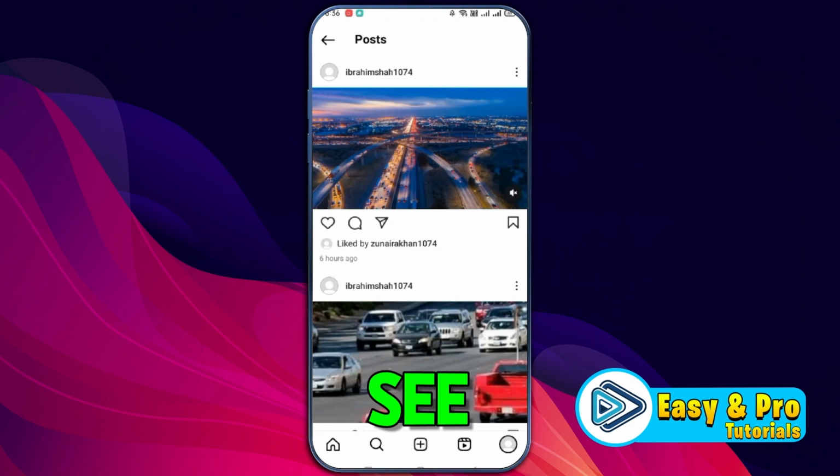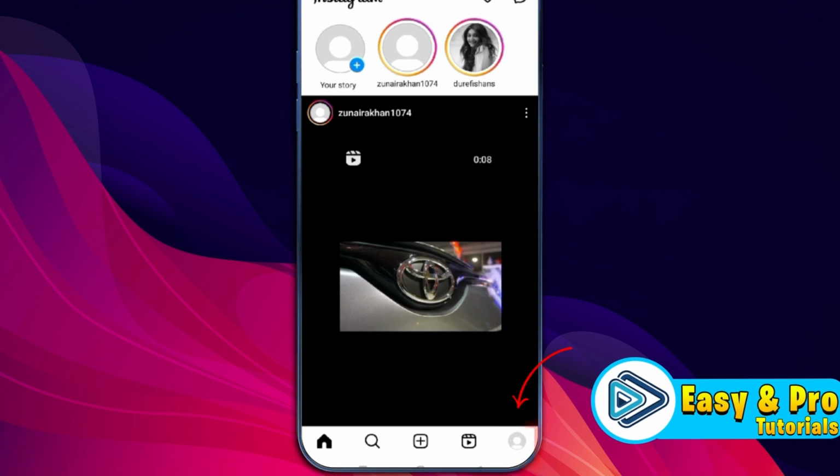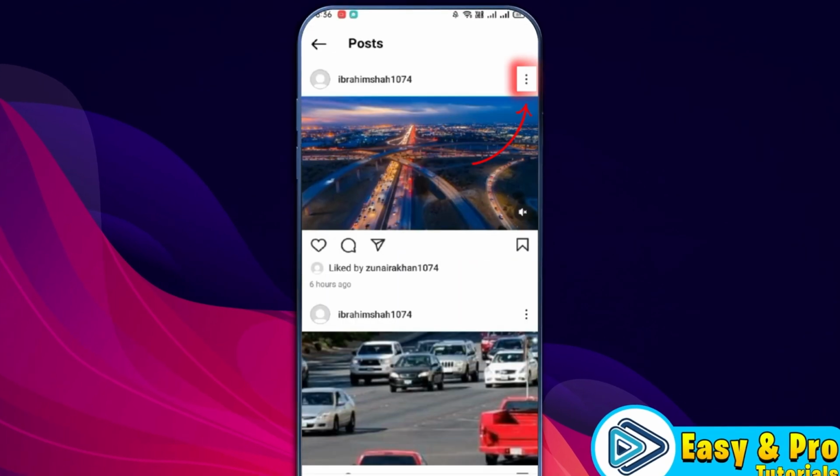In this tutorial, we will see who shared your Instagram reels. So let's dive right in. If you open Instagram, from the homepage you can open up your profile and scroll down. Here is the reel. If you click on these three dots showing at the upper right side, it will open up